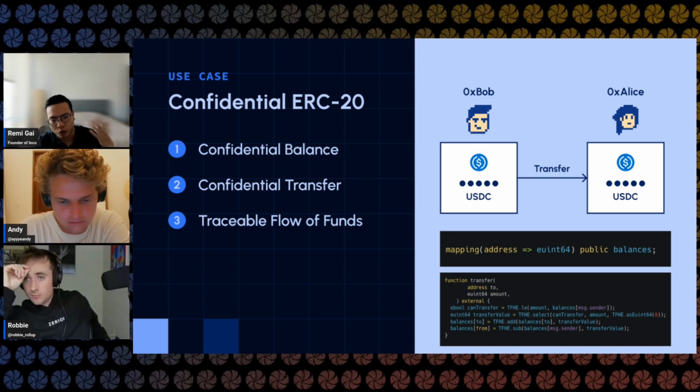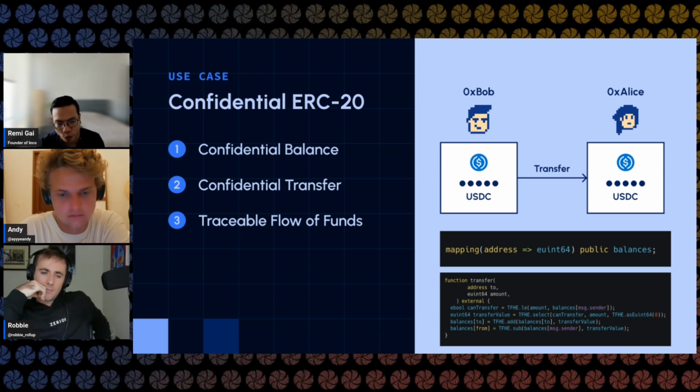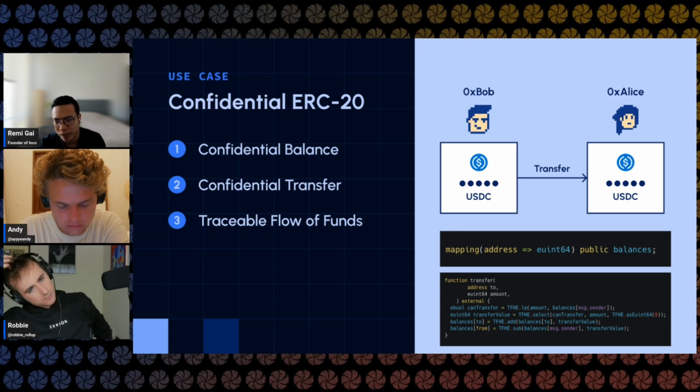But like I mentioned earlier, it depends on your use case. If you're visiting a medical facility, this is probably not the right tool. If you want to do some anonymous donation, you're probably better off using ZK. But if you're trying to do something like payroll or supply chain where the parties are known and you just want to hide the amounts, then this is fine. This experience is very similar to Venmo. For folks who live in the US, with Venmo you can see your friends sending money to each other, just not the amounts. For folks in Europe, it would be something like Revolut. So we're effectively able to replicate that experience in Web3, and that's been a missing experience.